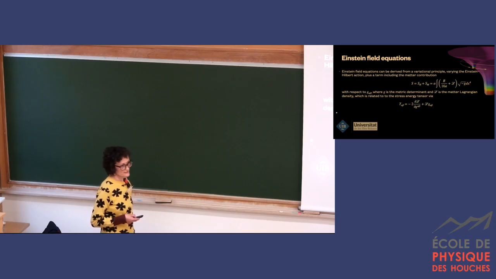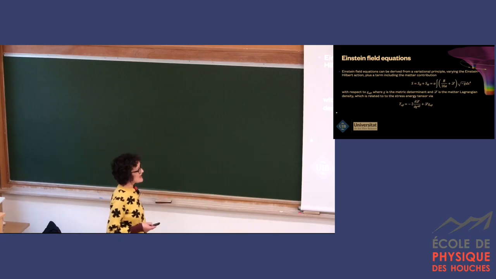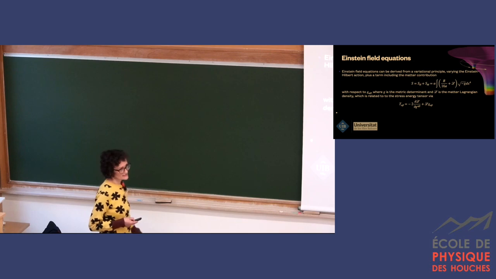That is your matter. This can be generalized, so the very nice thing about this formalism is that, say, you have a scalar field, you can put it here, you can build an action that makes sense for your theory, and you can apply the same variational principle and get the field equations in your theory that might not be,